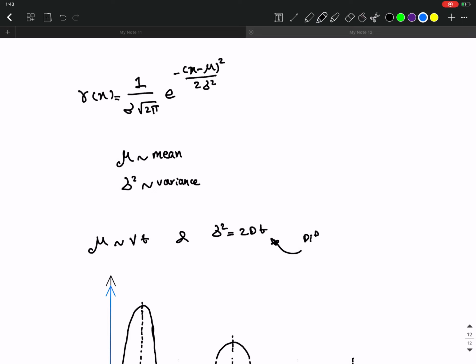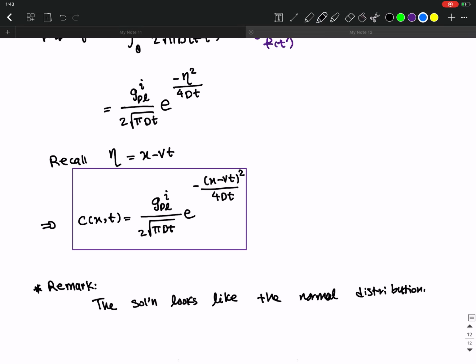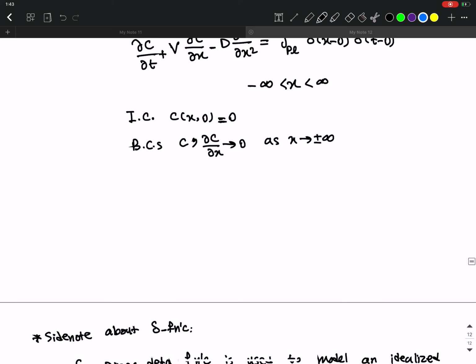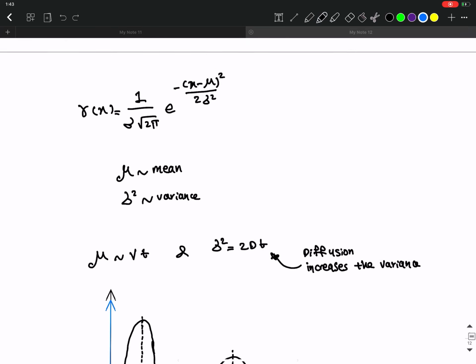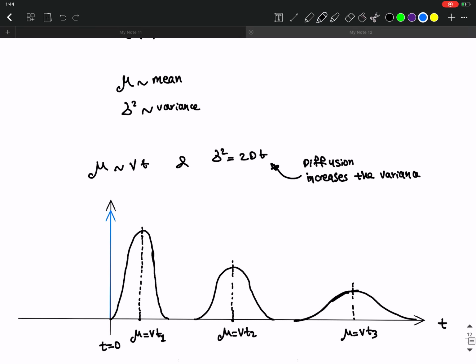So diffusion is an important process in both mechanics, solid and fluid mechanics, or even heat transfer. Diffusion increases the variance, right? Diffusion is D in the general equation that we had. So this is the diffusion term, and this is the advection term. As you see, the diffusion increases the variance, it smooths out your solution, and